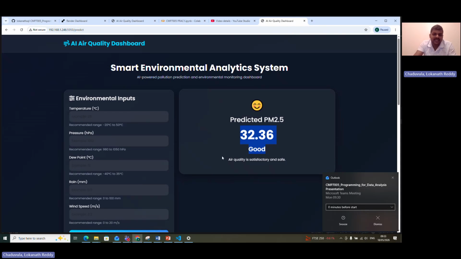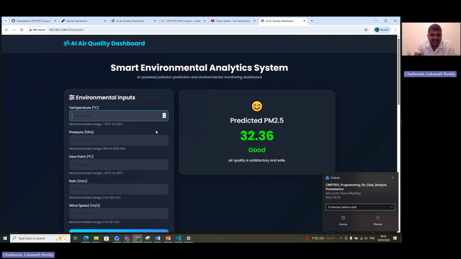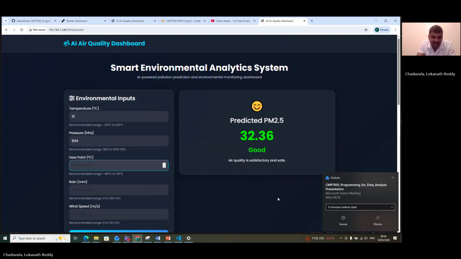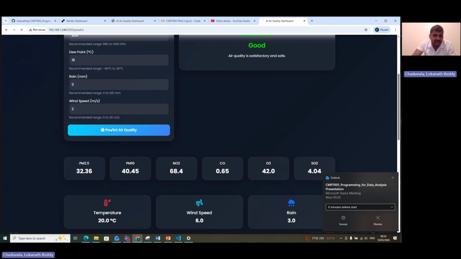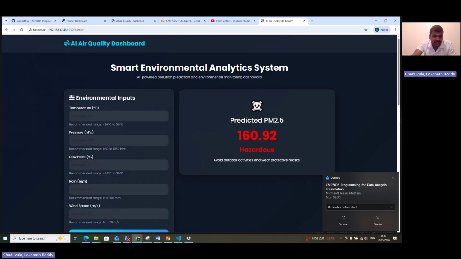Okay, and we can take the moderate values as well. Moderate means it's medium. Suppose 31 as the temperature and 1014 as the pressure, dew point is 18, and zero rainfall. If the rainfall is zero and wind speed is good, right? Then we can predict this one as well. See, this is a moderate value, not the good one. Okay, and we can predict the